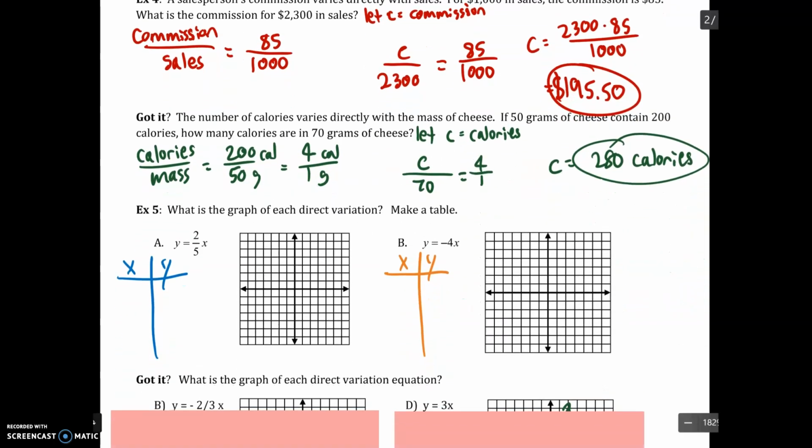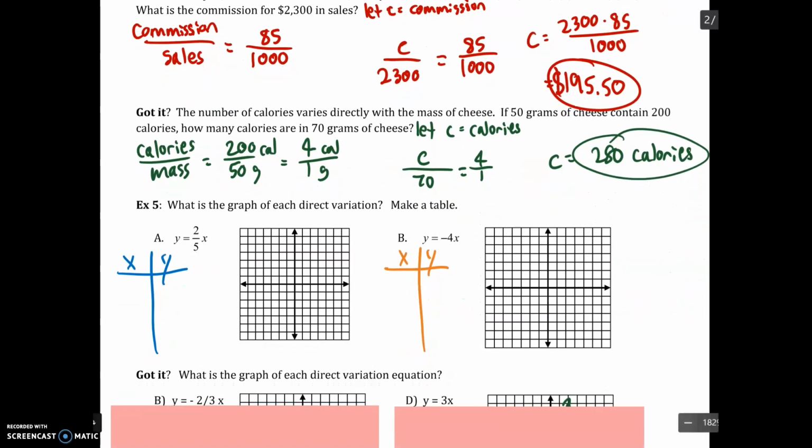So when I said this is like a linear relationship, it was not quite a linear relationship. As we've seen, we don't want to be adding any kind of constants, so we don't want to be changing our y-intercept. But if I'm to graph these, nice thing with a lot of these graphs, if I just substitute 0 for x as an input, I know I'm going to have 0 for y as an output. So we actually know both of these graphs are going to start at what we call the origin of this graphing system. And then again, it says to use a table, because before we know anything about rise over run,